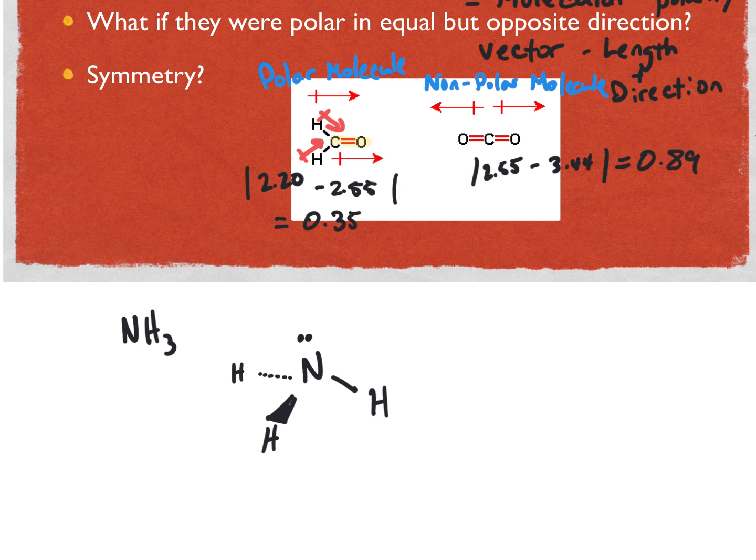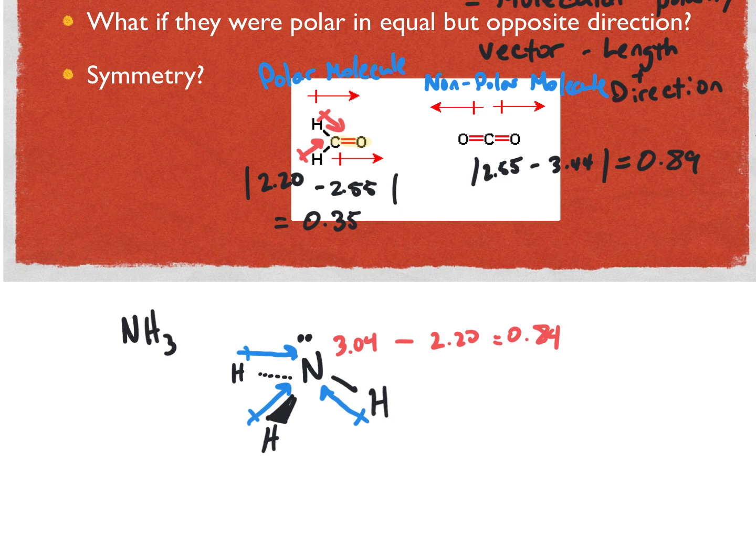Now, if you calculate the bond dipoles, because you have three identical NH bonds, nitrogen has an electronegativity of 3.04 and hydrogen has an electronegativity of 2.20. And if you subtract those two, you get a difference of 0.84. Now, if we draw a vector to represent that bond polarity, it would be pointing in towards the nitrogen, and it would have a length that is proportional to its size. So we've got a vector pointing in at 0.84 polarity,